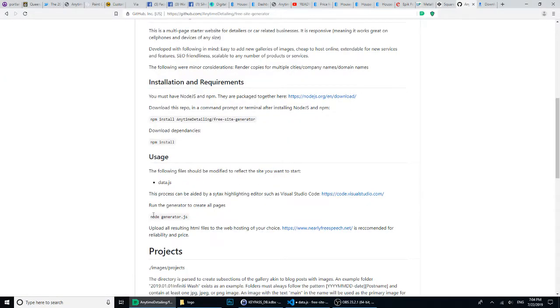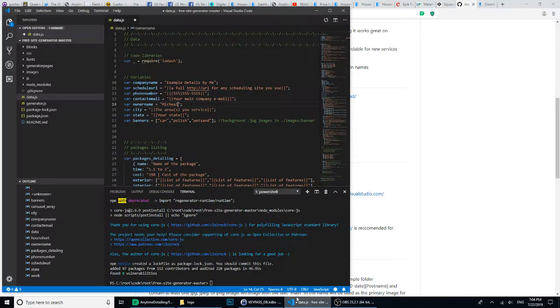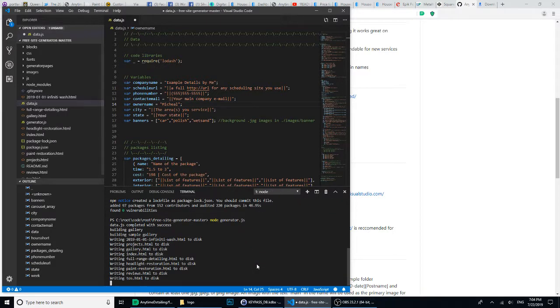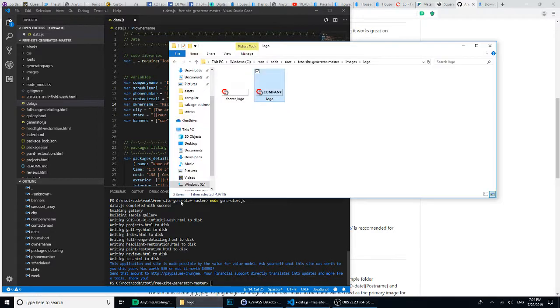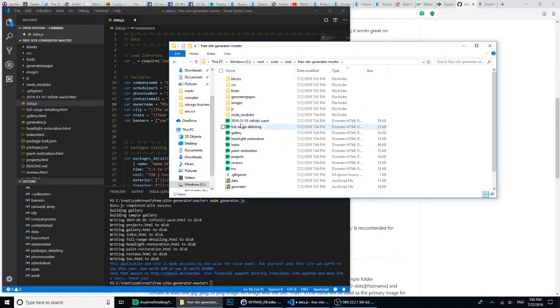The next thing you want to do is run node generator.js. I'll go ahead and copy that, and we're going to put it down here in this terminal area. And just like that, the site is generated. Let's go look at those files. Here's a bunch of files, and now when you